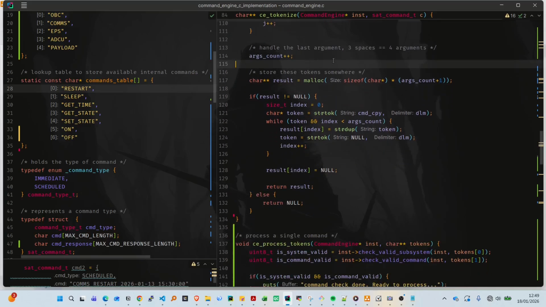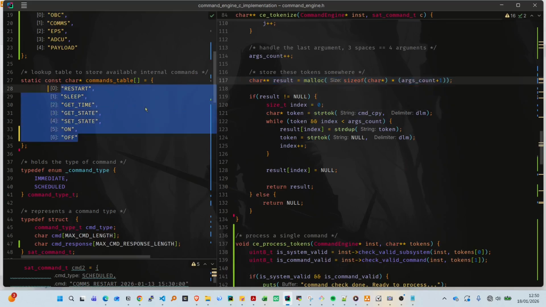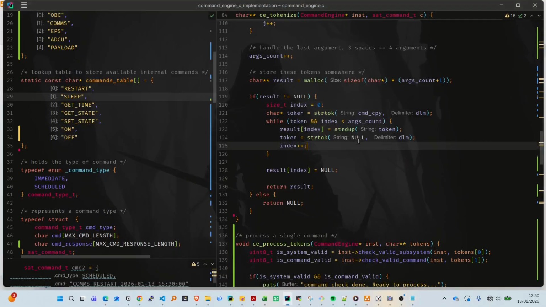And then I have to store these tokens somewhere to use them. So basically I allocate memory for a pointer to character pointers. Basically something like this. So my tokens will be stored somewhere. They'll be stored in an array of strings. Token 0 obviously, and then token 1, etc, like that. Good. I do that, and then